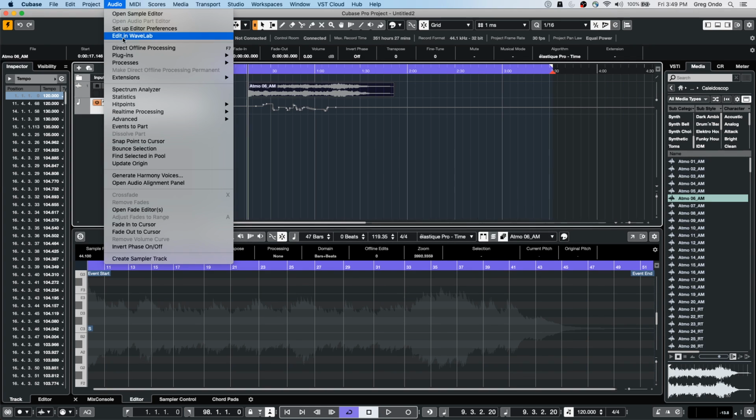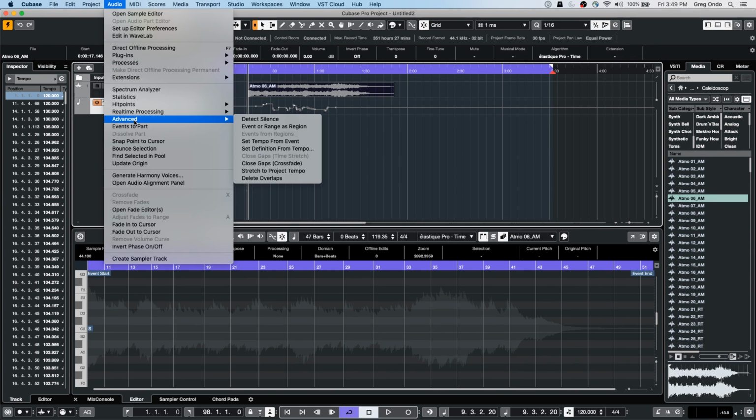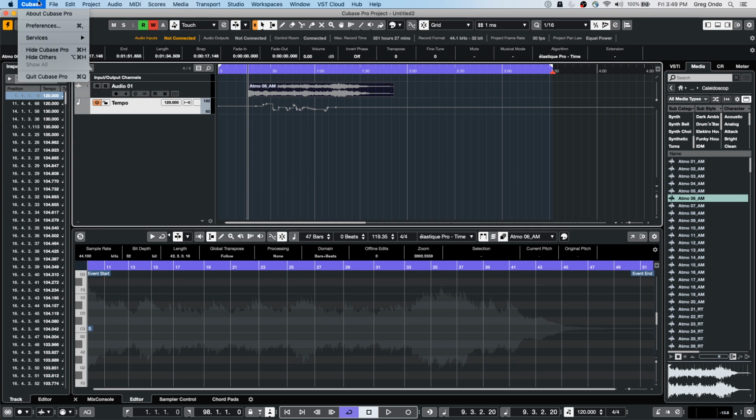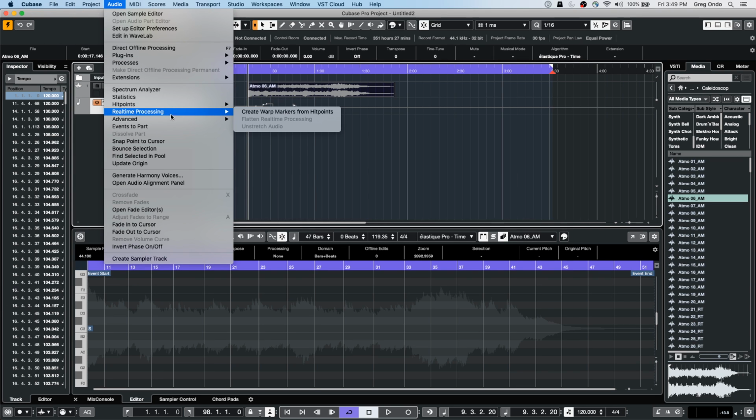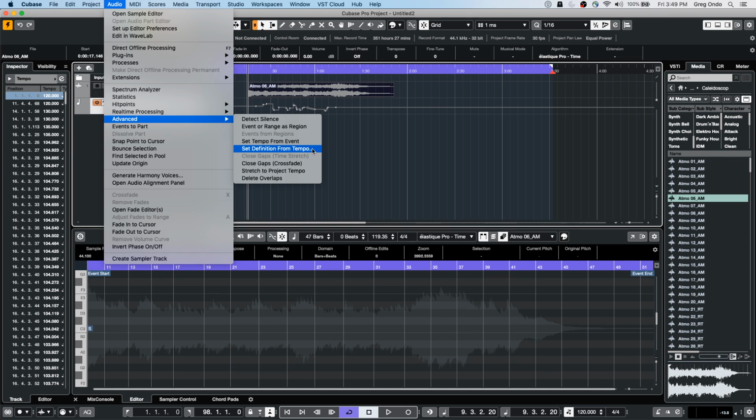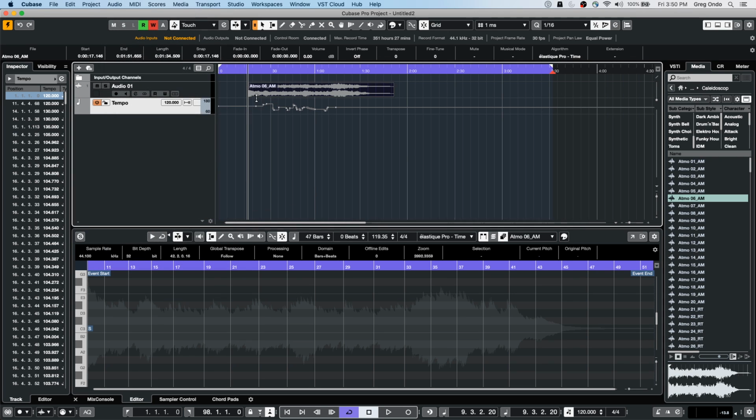if you go to the audio menu and go to advanced, you could say, sorry, it's annoying when I lose my mouse. And you could say set definition from tempo. Once we have a rubato piece of music and we have its tempo extracted, we could say set definition from tempo. Then that will basically embed all the tempo changes within the metadata of the audio file itself. So you could drop it into any other project, and once it is set to musical